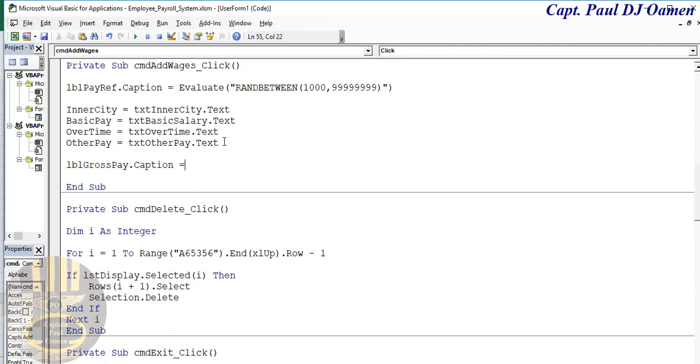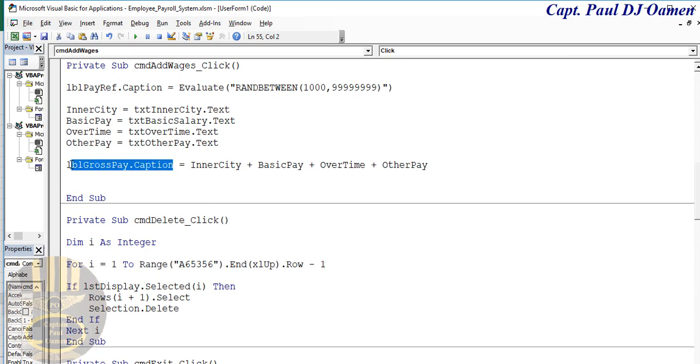In that case we need to add up all of these. This, paste, grab, add overtime, and add any other pay. There we go. Now we need to get it formatted to the pound sign, so I'm going to copy this, paste it right underneath here,